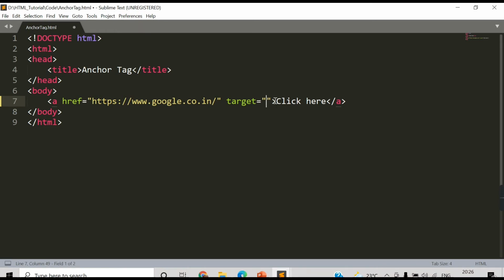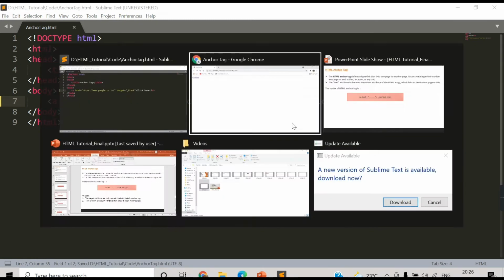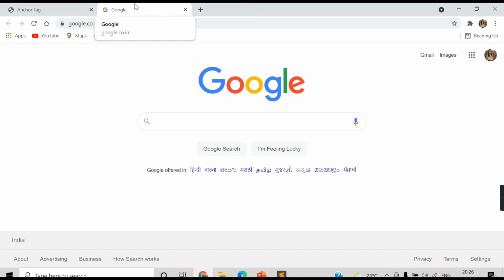If you want to open the targeted page in another tab, you need to provide the value underscore blank. Let's save this, and refresh the browser. Now if I click on click here, see, it is redirecting me to the next tab. That is the use of the target attribute.